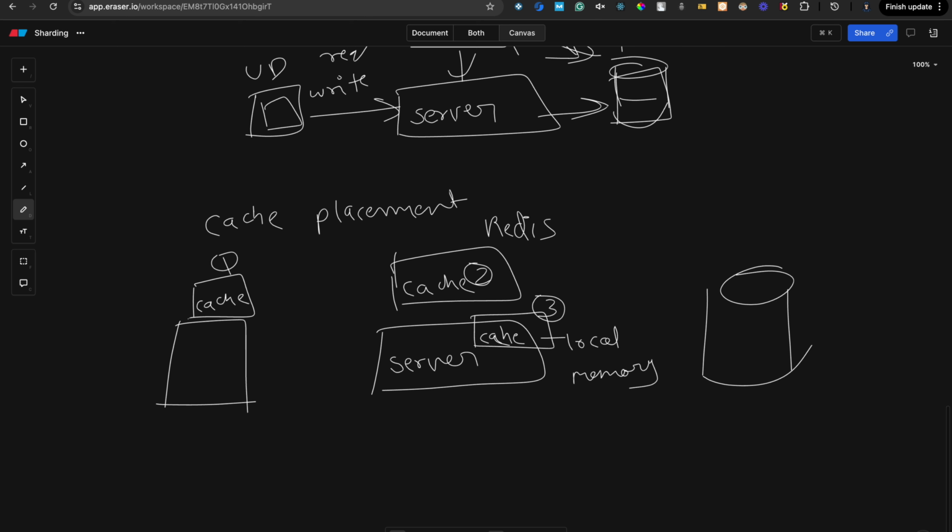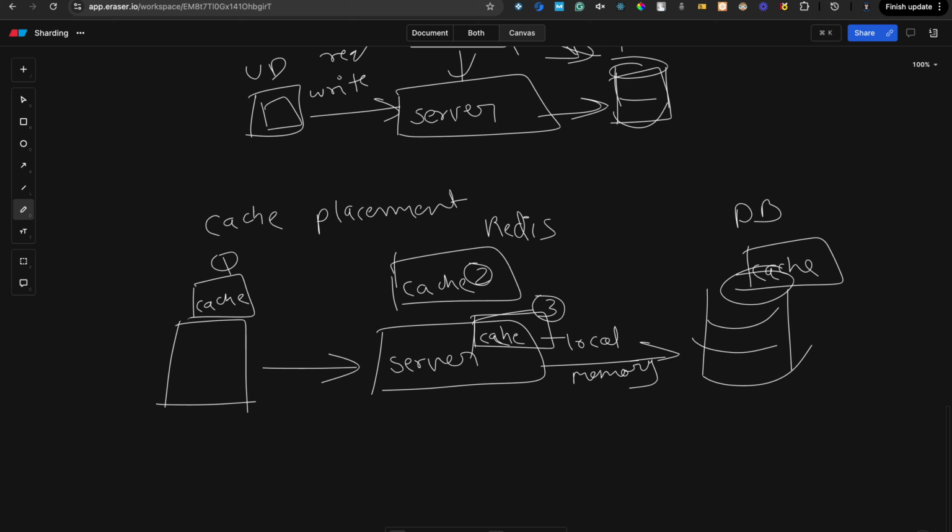If you are aware, databases already have an inbuilt cache. For example, if you run a fetch query like select star, databases like SQL, Postgres or MongoDB have view files which you can use for storing the cache, so that the second time you run this select star query, it will get you the data instantly. So that is also a type of cache, on the DB level. Okay, so in many companies all these types of cache are used.